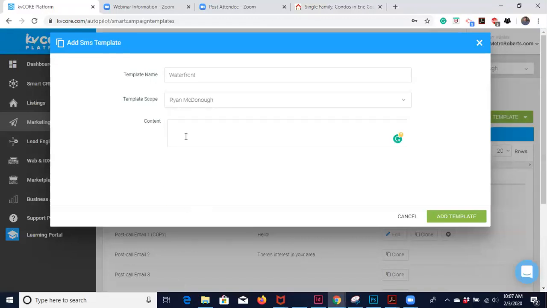Content's going to be, hello, here is the updated list of all waterfront properties in the area. Then you just drop in your list, drop in that link that we just created,